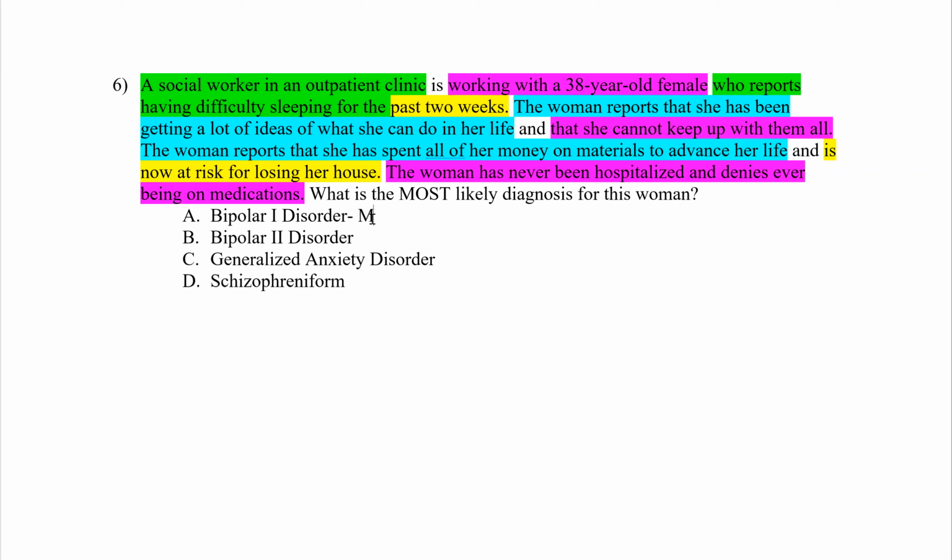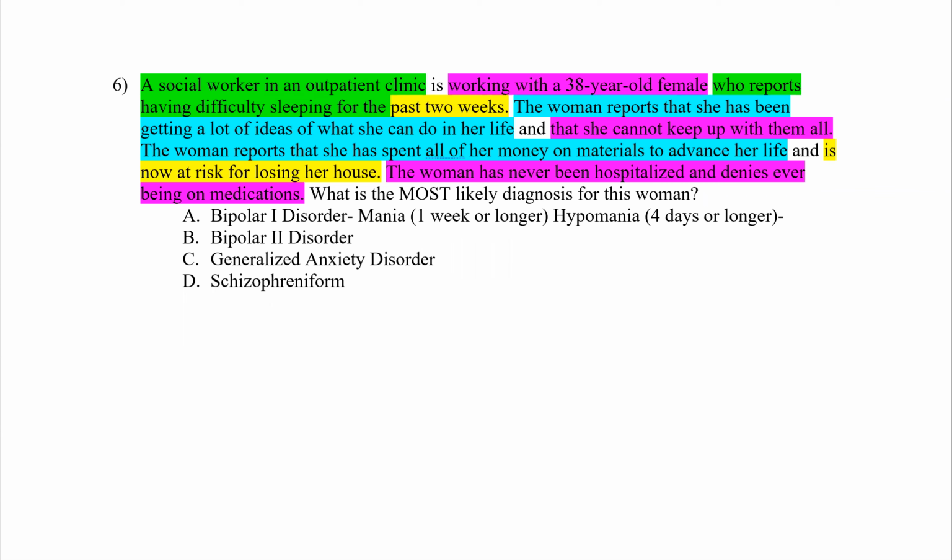First up to bat, A, bipolar 1 disorder is going to have mania or hypomania episodes. So mania is going to be associated with the most common one is 1 week or longer. Why? Because it takes on the name of the disorder. So bipolar 1, 1 week or longer. And within that, we're going to have hypomania, which is associated with bipolar 2. Bipolar 2, 2 plus 2 is 4, or it's the second version, which is going to be 4 days or